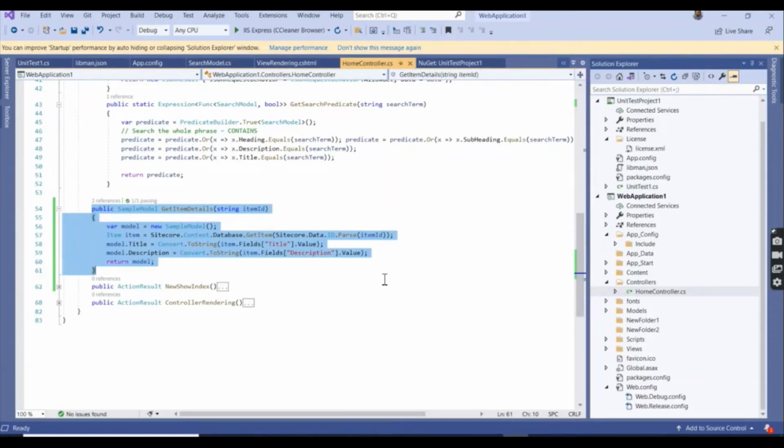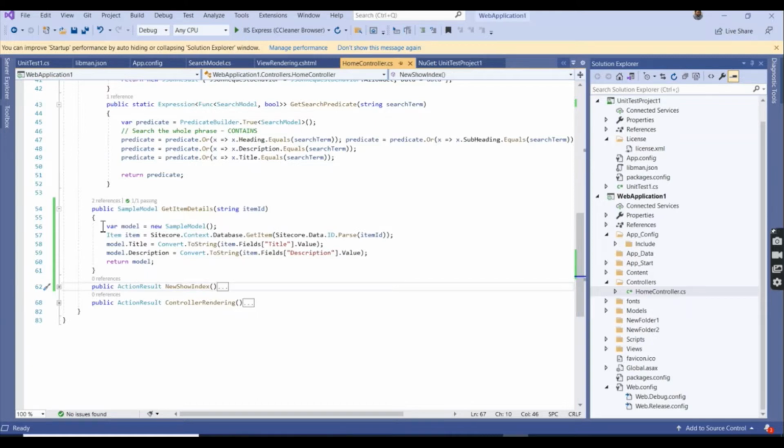Today I am showing a demo of how to write a unit test case for a Sitecore related method. So normally you will be writing unit test cases using a mocking DLL like Rhino Mocks or some other mocking DLL. So that is for the normal method. If it is related to a Sitecore method, suppose some details you need to get from Sitecore and display in your web page, or get the details from item ID or item path, you need to write a unit test case for this method as well.